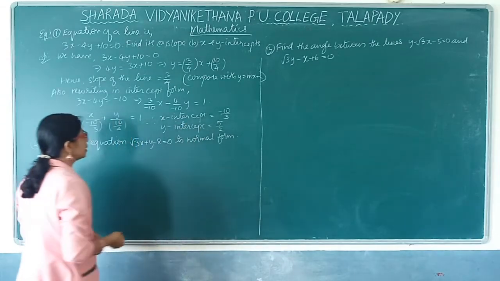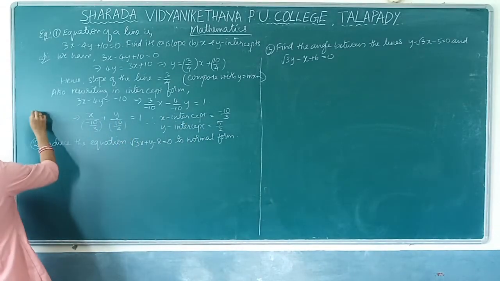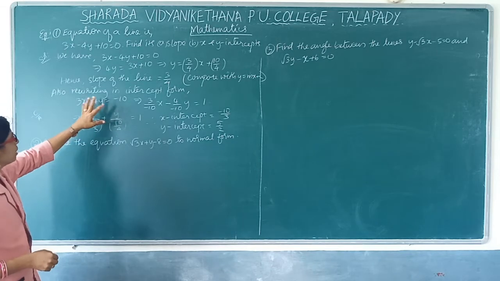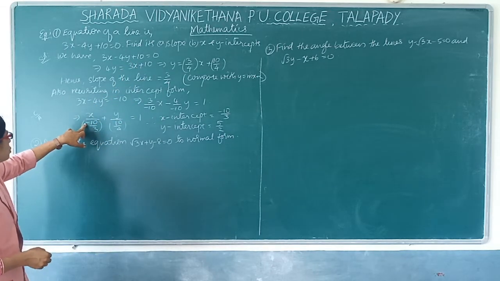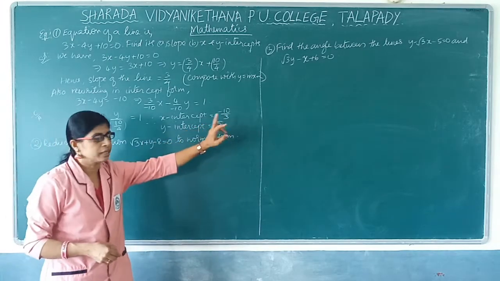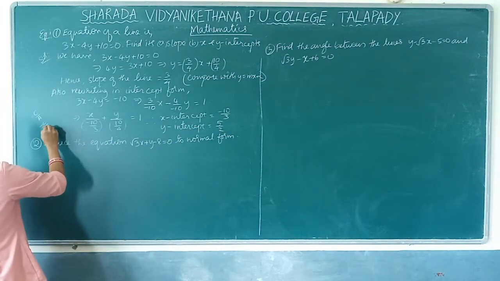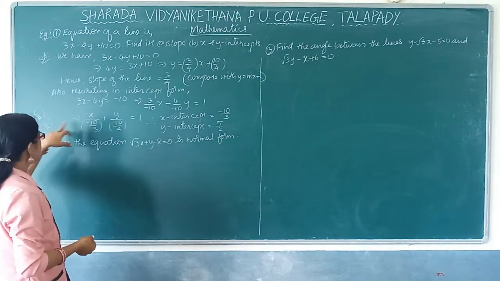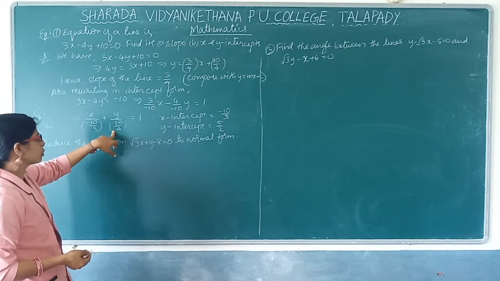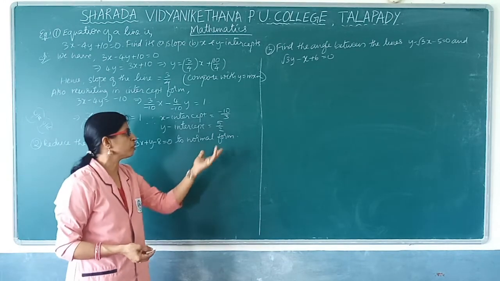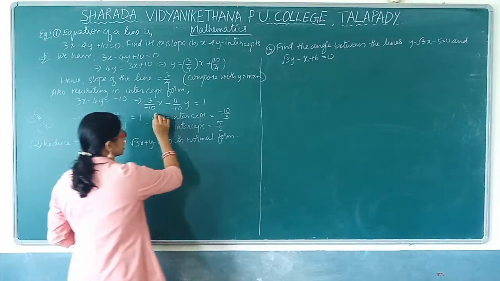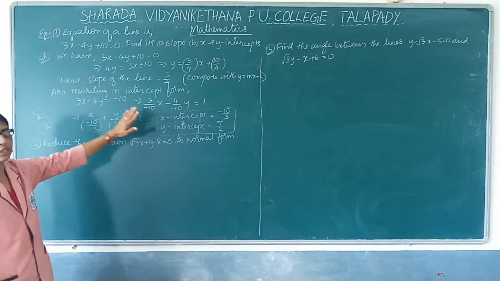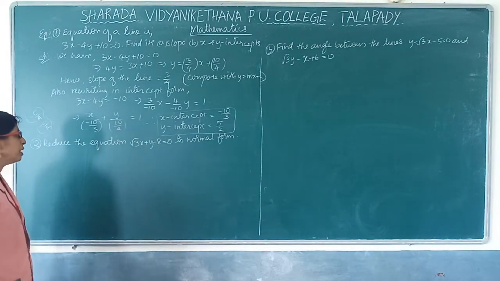You can just check the other way. What is it that I told you? The formula is minus c by a, isn't it? This is the x-intercept, minus c by a. Here c is 10, right? So minus 10 by 3. A is 3 only, so directly we got it. Then what is the y-intercept? Minus c by b. That is minus 10 by b, and b is minus 4. So minus 10 by minus 4 is nothing but 10 by 4, which reduces to 5 by 2. So we have got the answer. X-intercept is minus 10 by 3, y-intercept is 5 by 2. Directly you can write, or else you reduce the equation to slope intercept format and write the x and y intercepts.